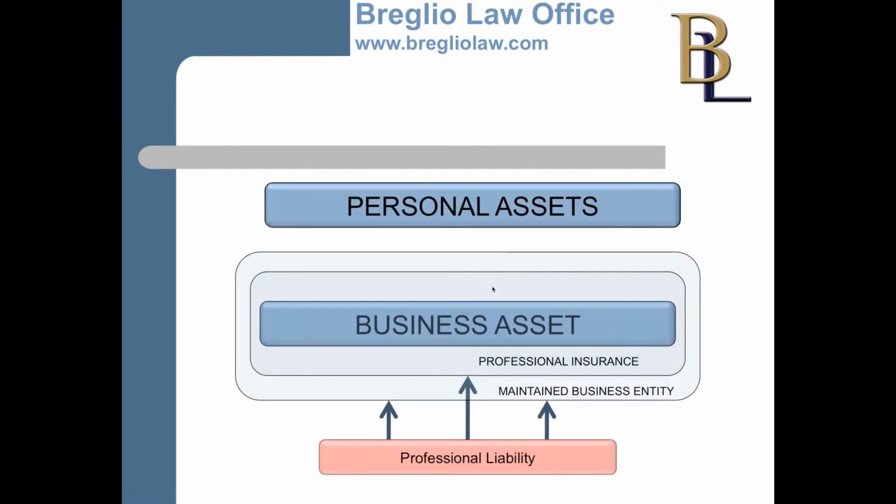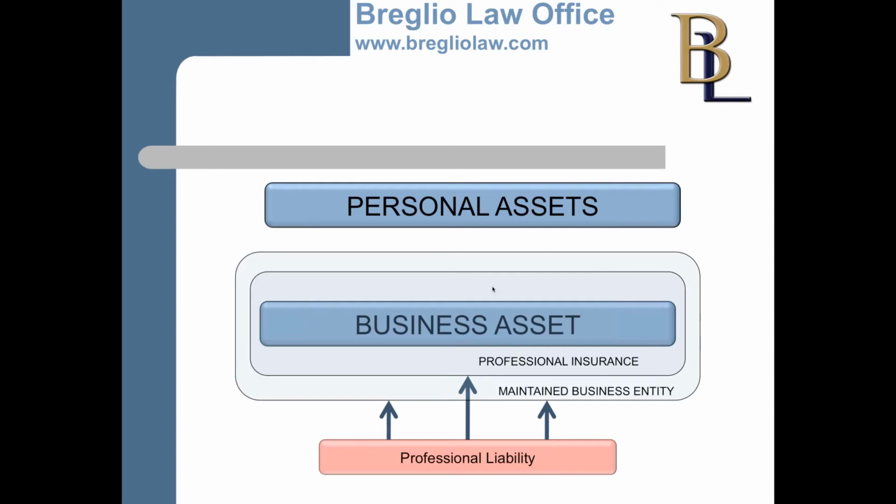So this is just a diagram. At the bottom in red, that's liability. That's something bad. That's the car accident. That's the debt, a mortgage that you owe, or your business owes, I should say. So that's the bad thing that's trying to get at your assets. Now, professional liability is self-contained within your business entity. Like we said before, if you have an entity set up and that entity is run correctly.